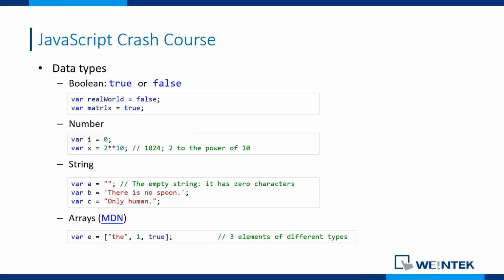And instead, JavaScript is called a weakly typed language. So you see that if I want to declare a variable, I just write down the name and the value. I don't have to say it is a Boolean or a number or a string. You don't have to specifically call it. You just write down variable i equals 0 or a equals empty string. That's it. That's one of the reasons we would like to adopt JavaScript in our EasyBuilder